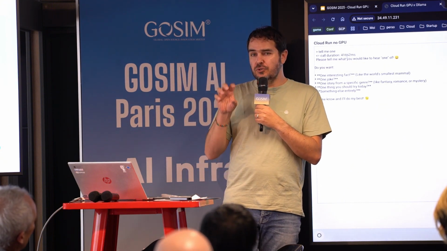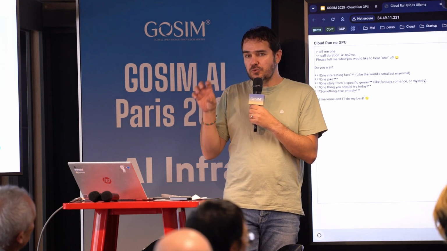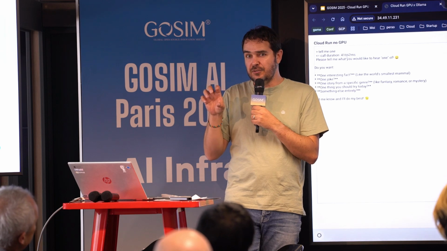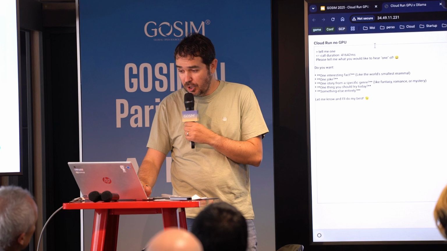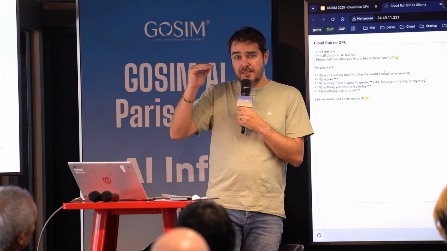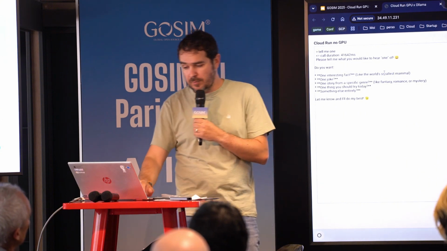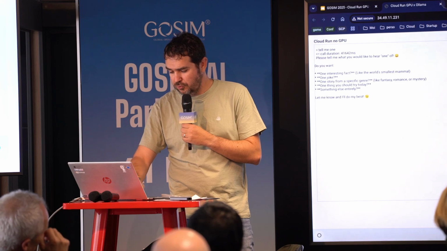Because I use the default parameter of Ollama, and if you don't have any answer from the LLM after 30 seconds, Ollama has a timeout and you have an error. We see that just after. So now I've started from 0 to 1. I have one instance up and running. The instance is warm. I can ask something, again, useless.